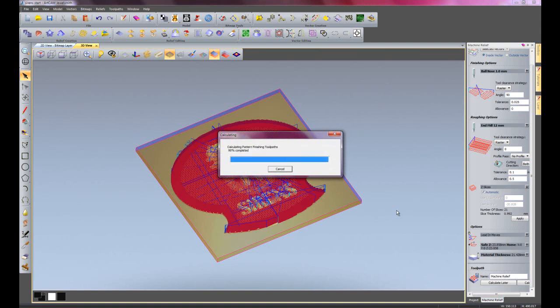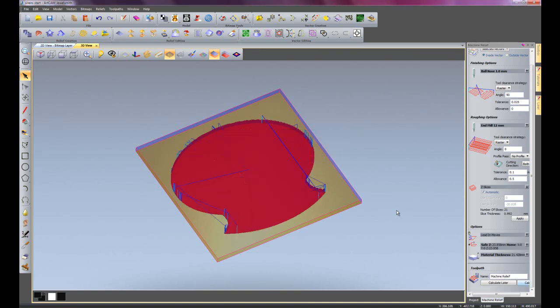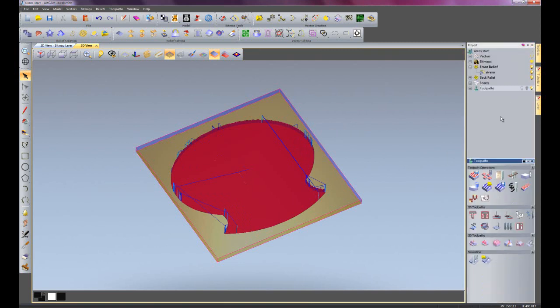This is just finishing the finishing toolpaths, so it's just calculating that. And there's my finishing toolpath. So if I just close the machine relief now, I'm just going to click on the light bulb just so